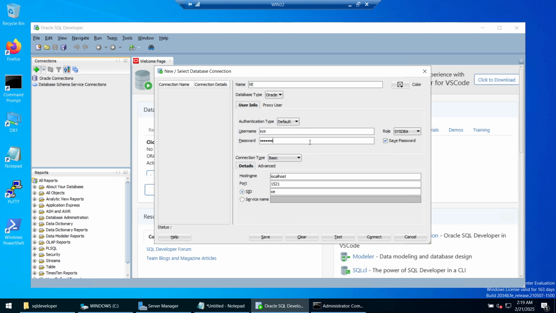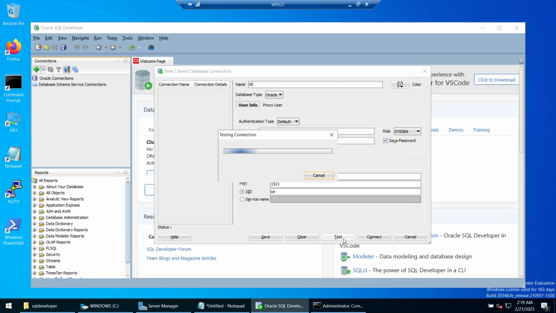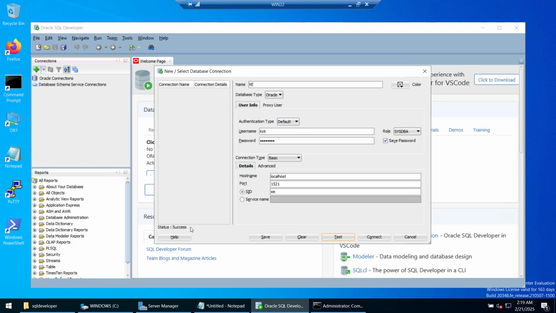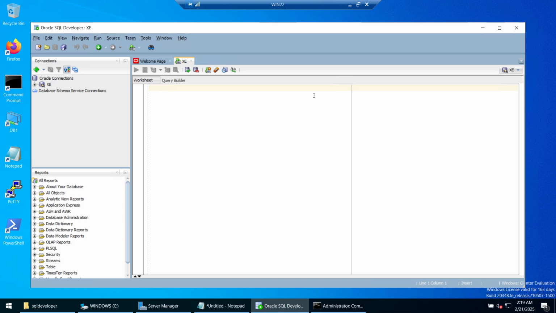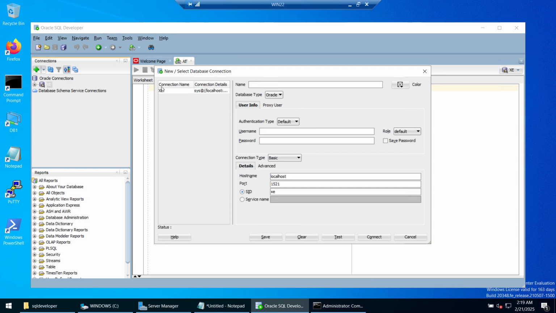I'm typing the password which I gave during the installation, which is literally PASSWORD. And here localhost, or you can give the machine name, 1521, and the default SID is XC. Let's do the test, and that is successful. If you connect to this, automatically this query prompt will open, and whatever query you want, such as creating a table, you can run that. Now, if you want to connect directly to the PDB instead of the root container,